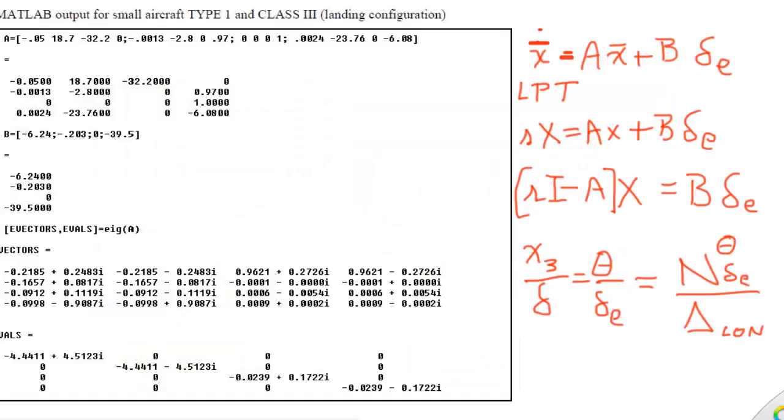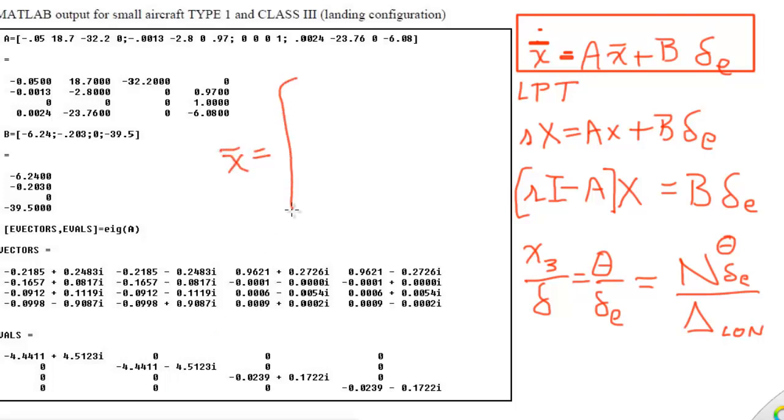The ratio of the numerator to the del long will give us the transfer function. So the last problem asks us to solve for the state space transfer function. Let's see how to do that. State space is given by x dot equals Ax plus Bu. This is the standard form, where the state vector has been defined on the previous page. I don't remember the exact states, but I think it was u,